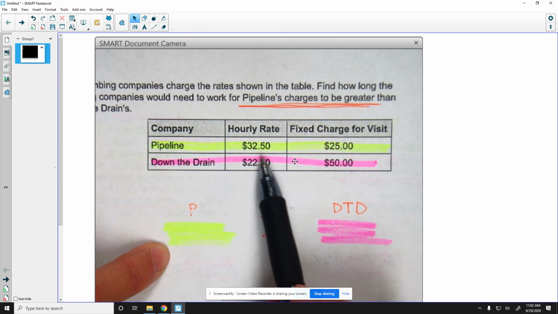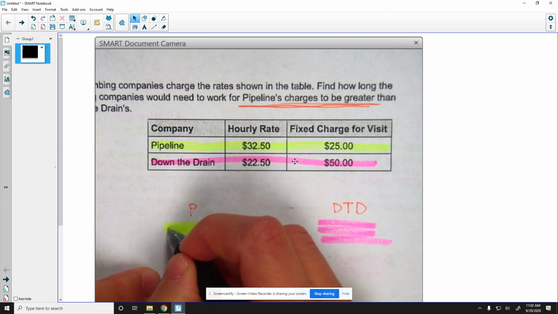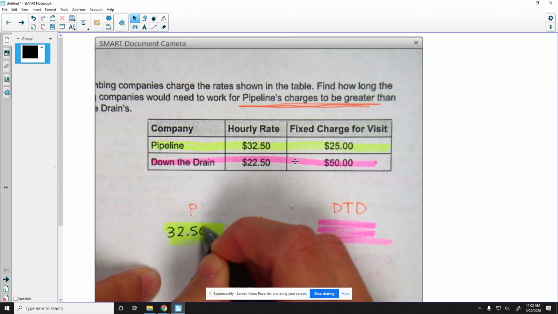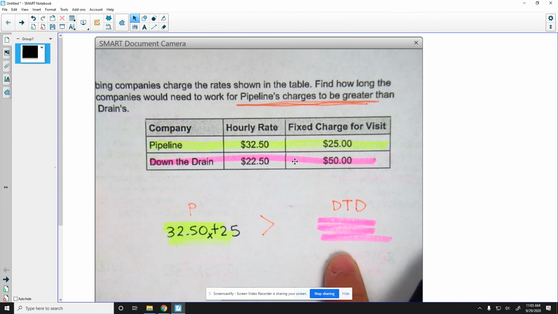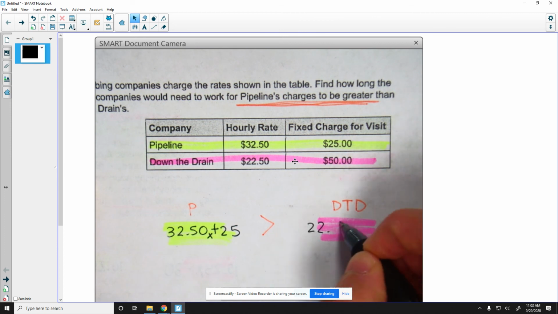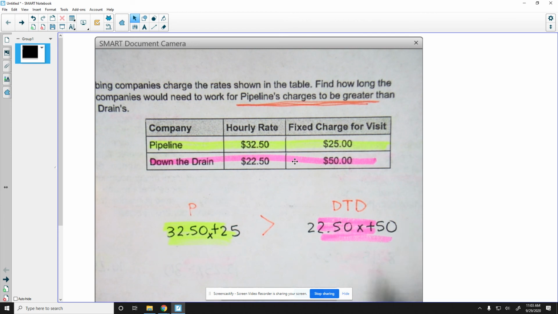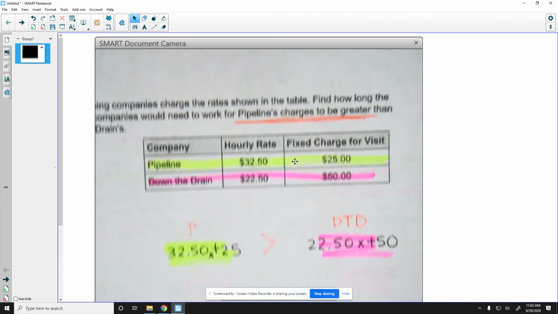Pipeline. Does anyone think they know the numbers with the X's and the pluses and the minuses? What does that look like? Jama? 32.50 X plus 25. Yeah, there's an X after 32.50 because it's per hour, hourly rate. All right, down the drain. Last one. Okay, Jama, go for it. 22.50 X plus 50. Perfect. You really don't need the 25.00 or 50.00, because it's just 0.00, right? So you really don't need the extra zeros at the end. Okay, so at this time,